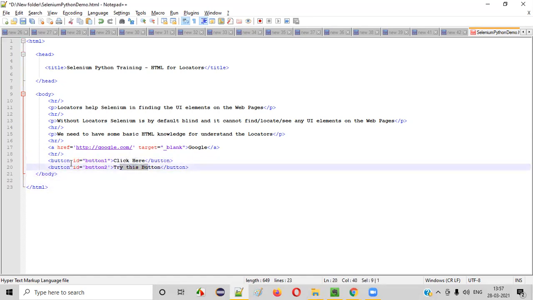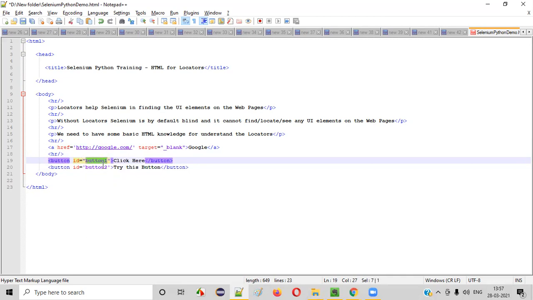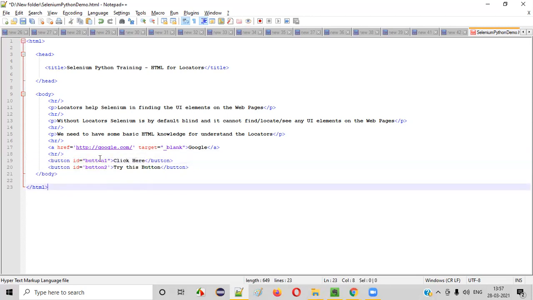For different buttons, different IDs are given by the developers. Why do developers give the ID attribute with different IDs? The developer wants to uniquely identify this button. Tomorrow, if he needs this particular button, he can get it using this ID. While writing the code, he will perform actions on this button using this particular ID, to call this button in a unique manner. For this button and for this button, he gave different IDs.